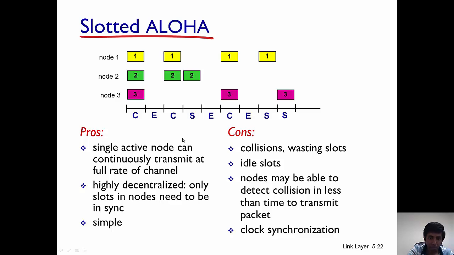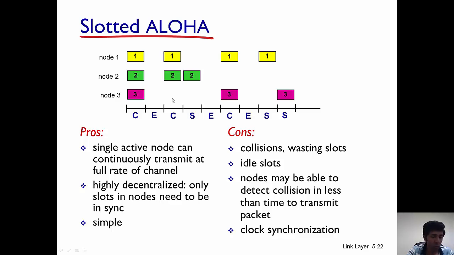So say what's happening is in the first time, node 1, 2, and 3, there are 3 nodes in this LAN, and all of them have some data to transmit. What happens is node 1, 2, and 3 all transmit in the first time slot. Then there's a collision. So with some probability, every node has a chance of transmitting in the second time slot, in the next time slot, which is this E. It's like a coin toss, and say none of the nodes choose to transmit in this time slot. Then again in the next time slot, with some probability, they're again going to try and transmit.